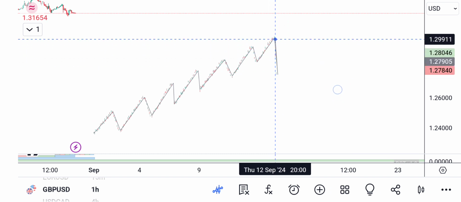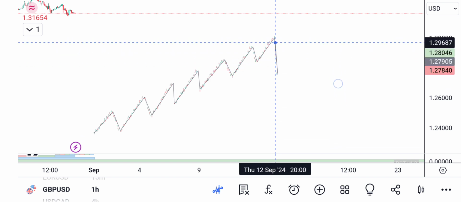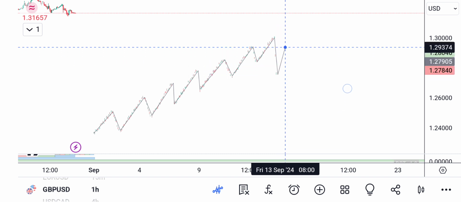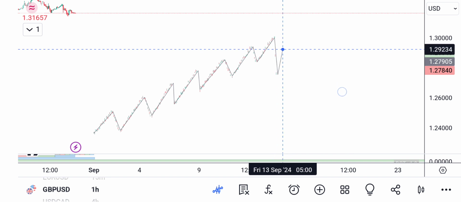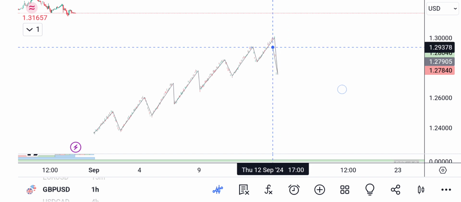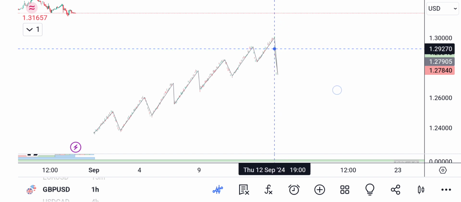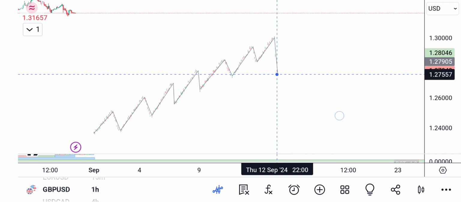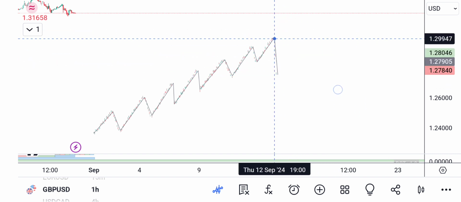Imbalances in the form of fair value gaps, liquidity voids, volume imbalances. Now you can also look for other blocks over here, breaker blocks, mitigation blocks. When price trades back into premium into any of those key PD arrays, that is when you should look to take your entries. Another form is you can simply measure this low and this high using your Fibonacci tool,